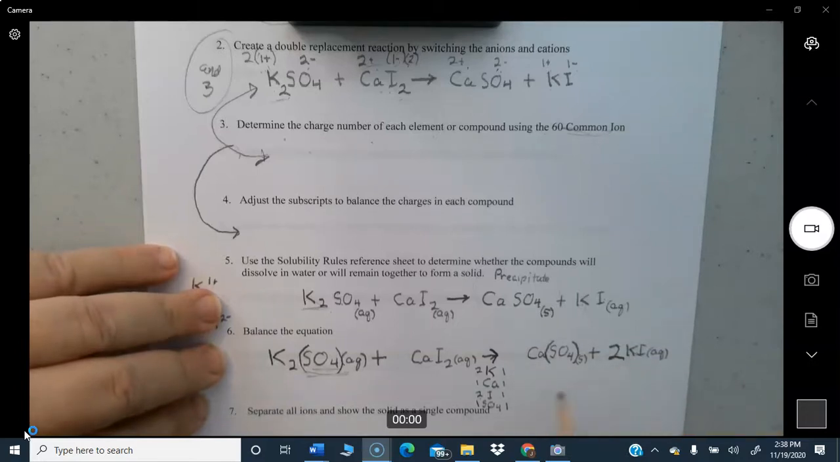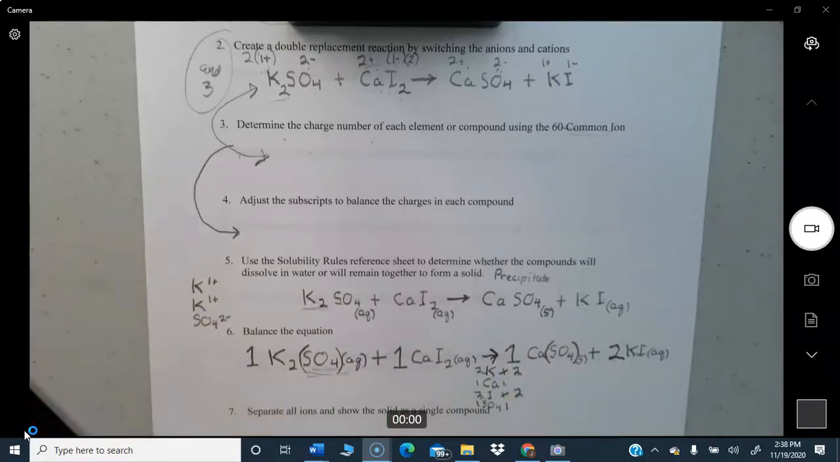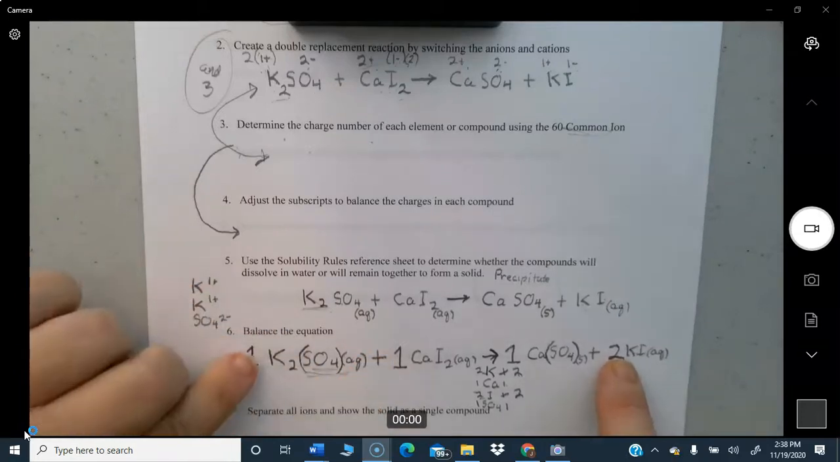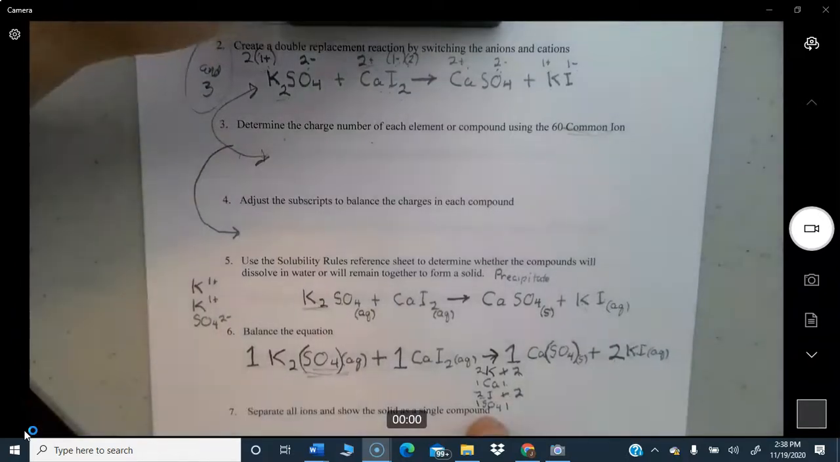So now you have 2K, so this changes to a 2. And you have 2I, so this changes to a 2. So you have 2, 2, 1, 1, 2, 2, 1, 1. Everything's in balance. So there's your balanced equation. You can put 1s in front of these, but not required. I like to do it because it emphasizes that there's a 2-to-1 relationship between that, or between that, 2 to 1. So it emphasizes there's that kind of relationship. Okay, now